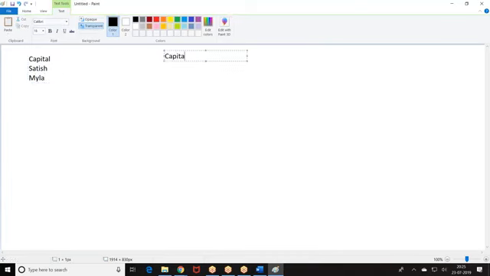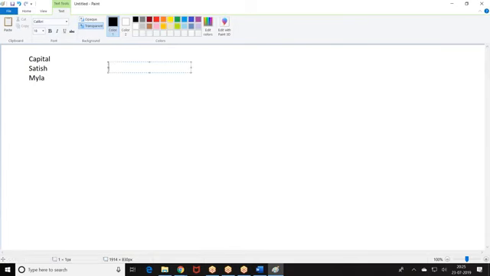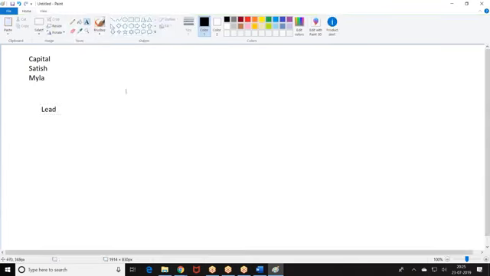Now, if there already exists a duplicate lead with the name of Capital M, throw an error message: duplicate lead exists. With the same name, I am getting the error message. Now, if a duplicate lead is not found in the lead object,